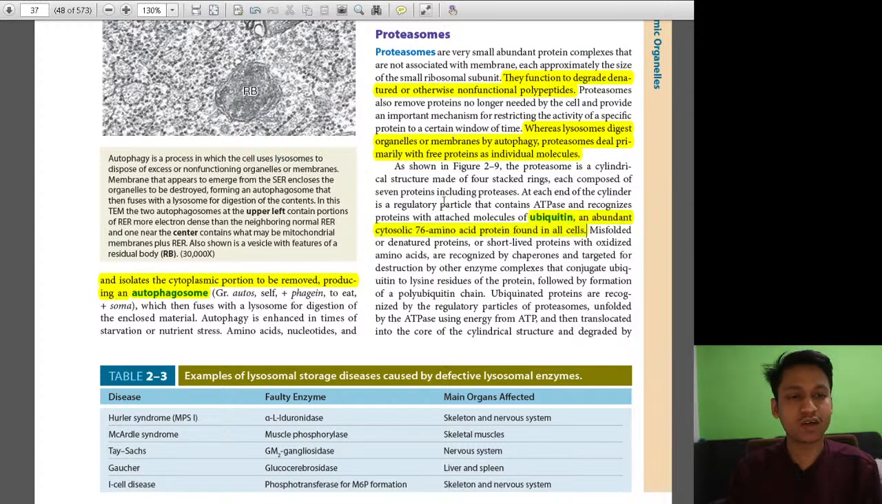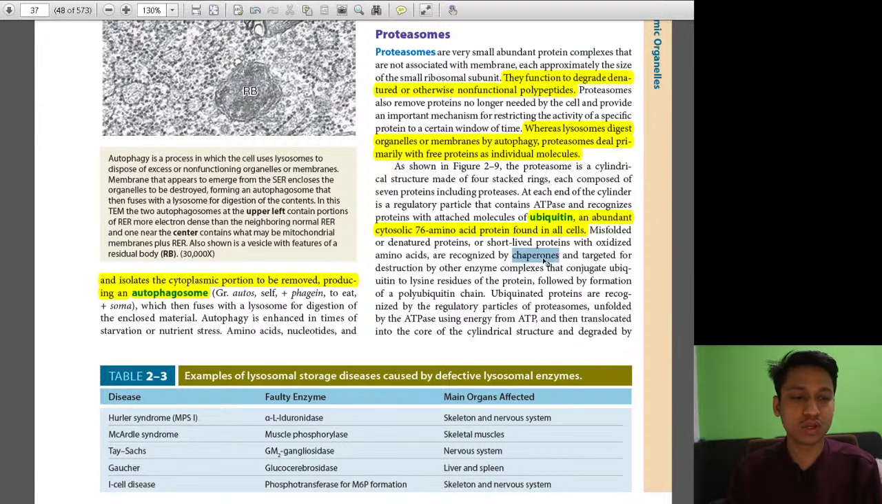At each end of the cylinder, there is a regulatory particle that contains ATPase. Misfolded or denatured proteins, or short-lived proteins with oxidized amino acids, are recognized by the chaperones. The recognition of this,